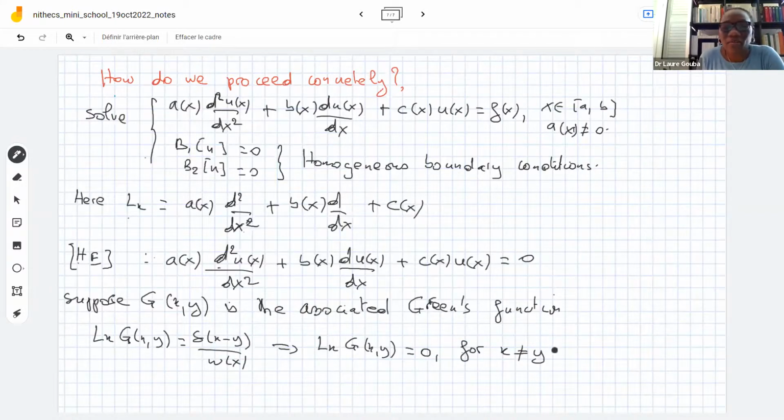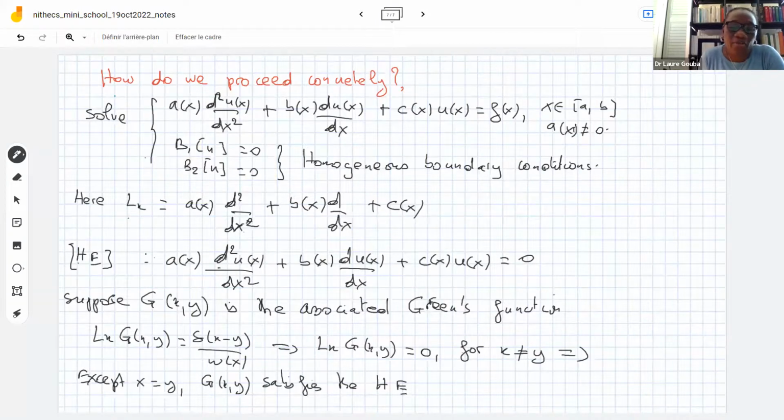And what does it mean? It means that, except at x equal y, G(x,y) satisfies the homogeneous equation on (a, b), where I took y. This is the point. And if it satisfies the homogeneous equation